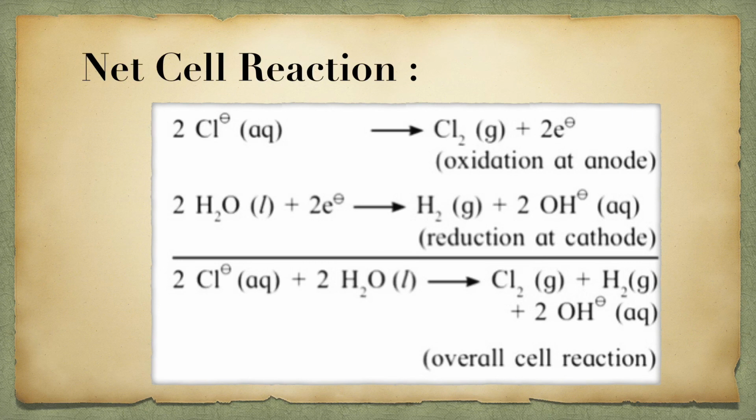Now we will see the result of electrolysis of aqueous NaCl. What is the result? That means we have to see the products formed over here. It is very simple. Cl2 gas is liberated, H2 gas is liberated, and OH- is there in the medium, as well as Na+, which is not getting reduced at the cathode. So the solution which we took was NaCl, but at the end of the reaction the solution will be NaOH solution, which is left out.